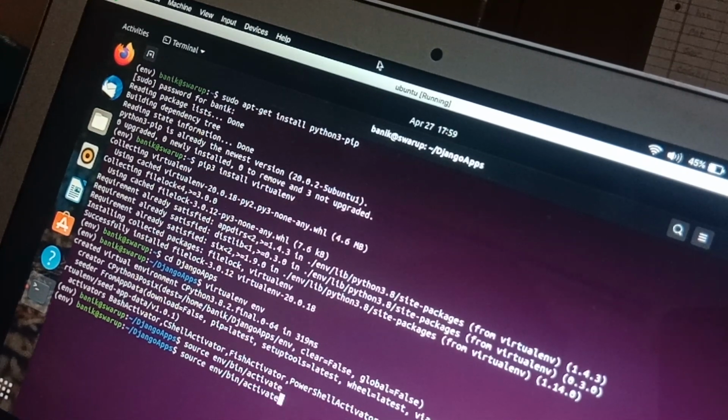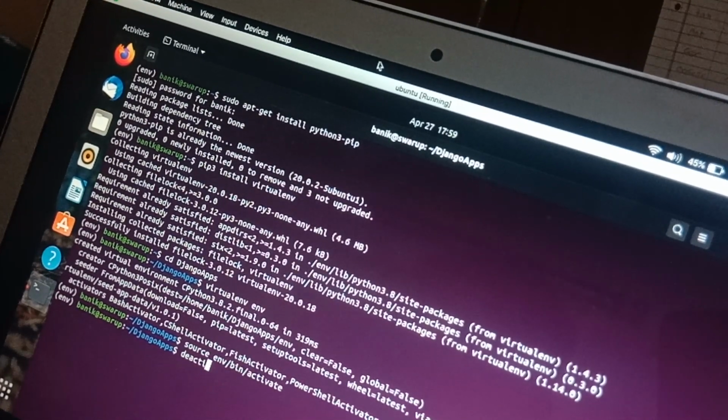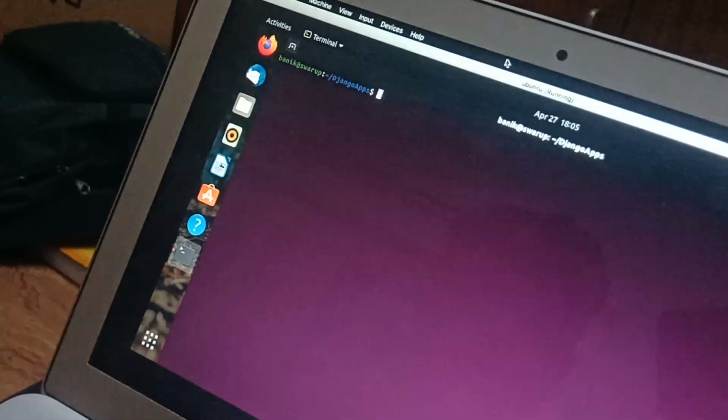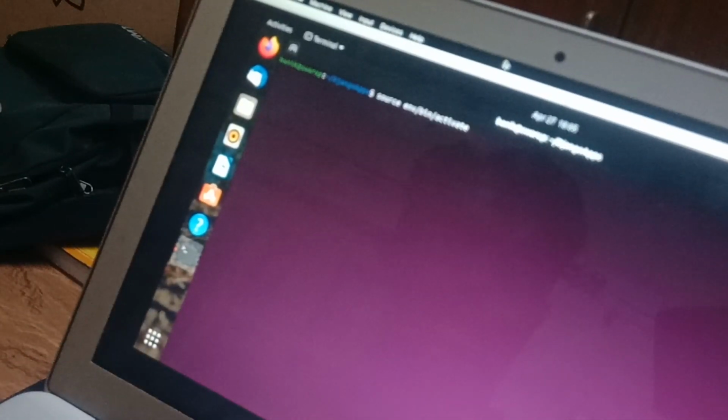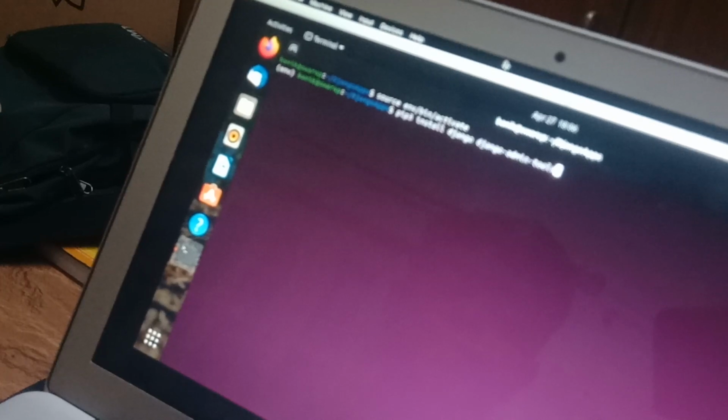I'll show deactivating once. To deactivate, we just type deactivate. I'll activate the environment in the Django app directory. Then I will download the Django admin tools: pip3 install django.